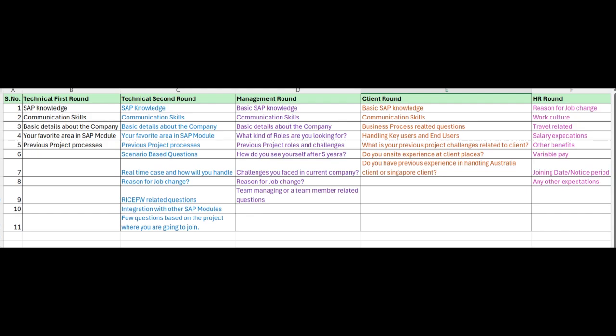So these are the 5 types of interviews we face, and how do you prepare for that interview? Similar kind of preparation may not work for all the interviews. I have highlighted these based on my 13 years of experience: I faced maybe some 10 interviews, I conducted interviews, and I saw a few recruitment processes closely. Based on that, I prepared these points. I hope this video will be helpful for you to understand better, to learn better.